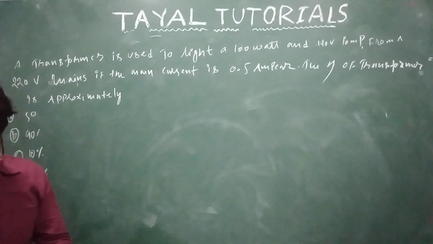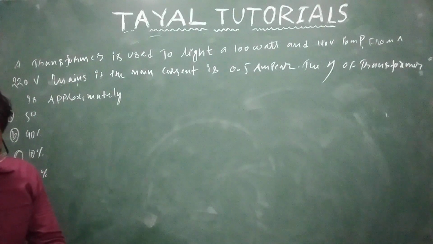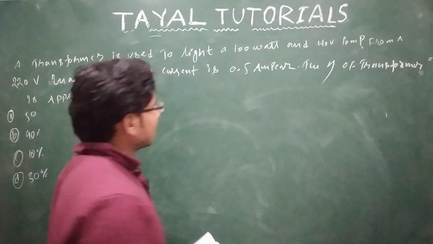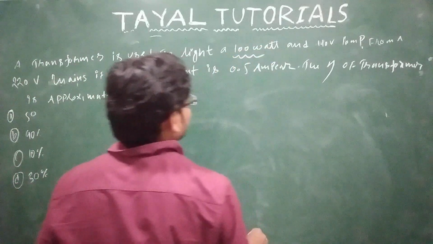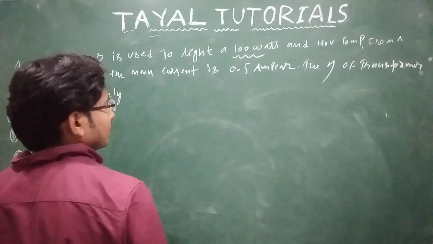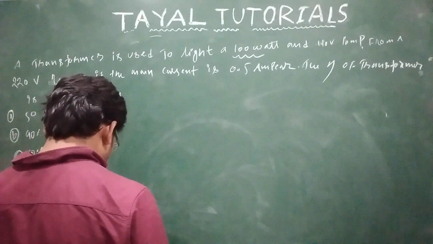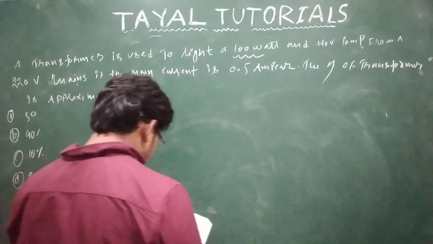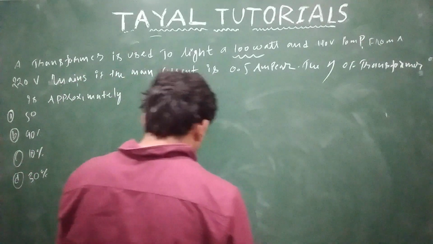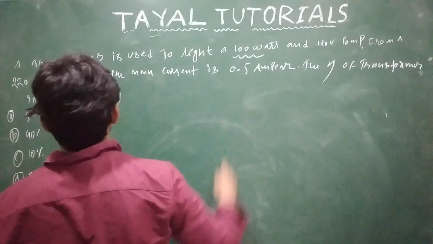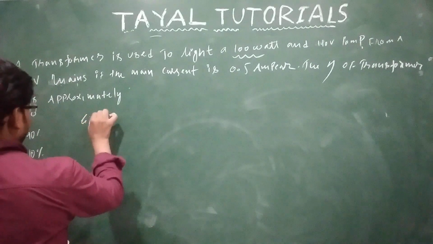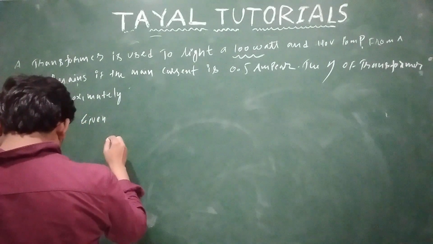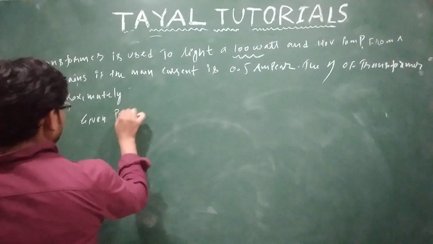Similar question is there. 43 they are asking. The value of efficiency they are asking. Power they have given 100 watt. You can see that this is a 100 watt and 110 volt lamp. Okay. Means what? They have given this power. So let me write the data which they have given. Given value is your watt, P is equal to 100 watt.